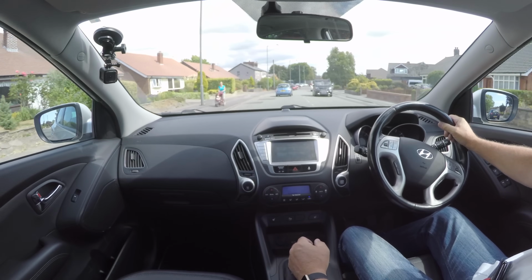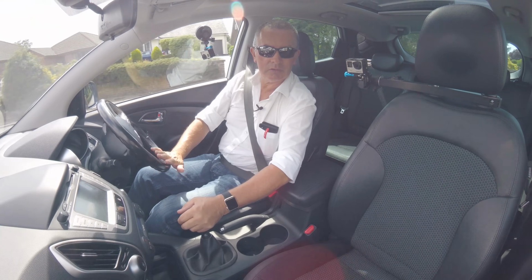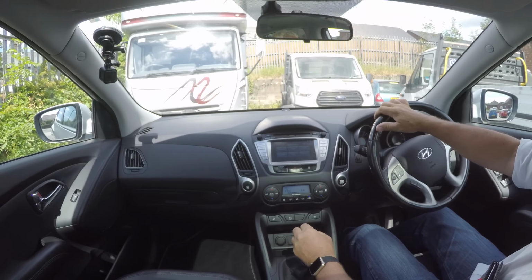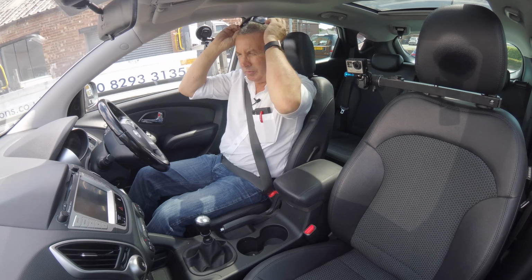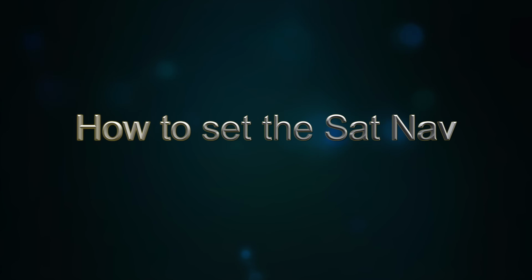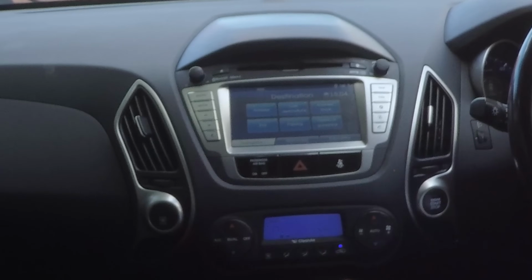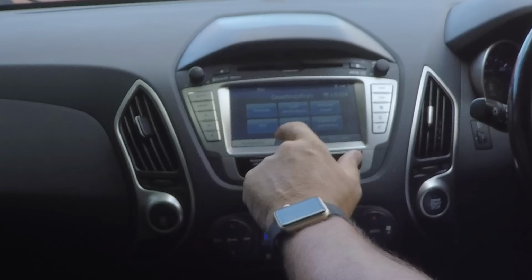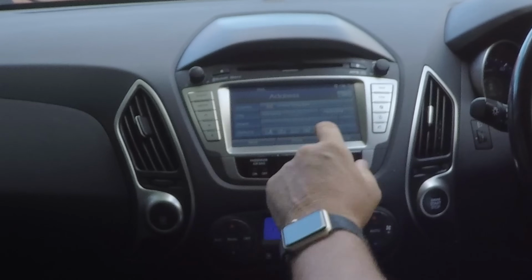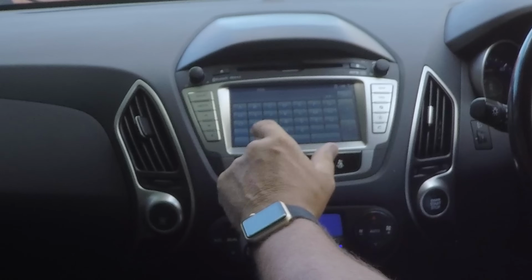Here we are back at the garage. Okay, now hopefully you'll be able to see. I'll just show you how to set the sat nav in this Hyundai ix35. From any screen into nav, you've got their address, last destinations, address book, place of interest, parking, continued guidance. So address, country, city, street, postcode. Postcode, quickest and easiest way. Grosvenor Garage, Chorley Road, Whatneydale, Preston, and we are